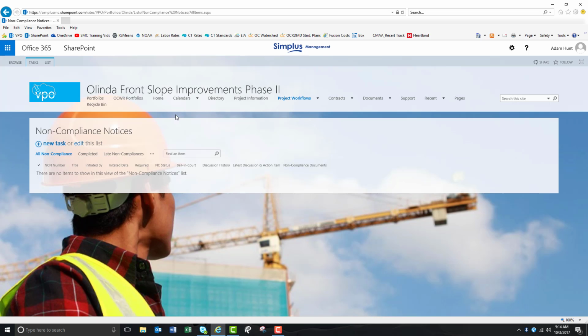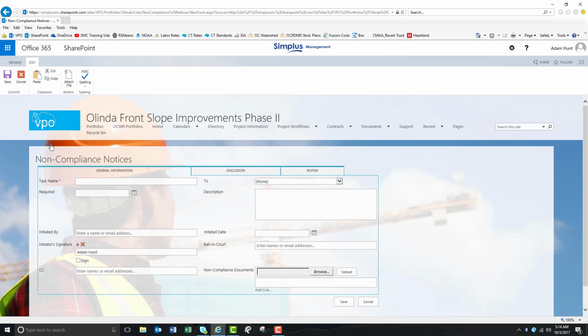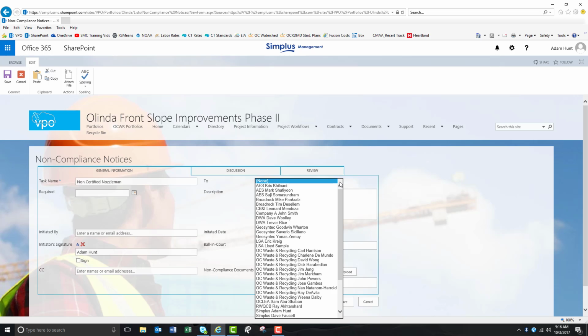You'll see here that this project does not have any non-compliance notices, so we can start off by clicking on New Task. Once you get into a new non-compliance issue, you'll notice that you can start filling out all the required information in text fields, starting with the task name, who the non-compliance will be sent to,